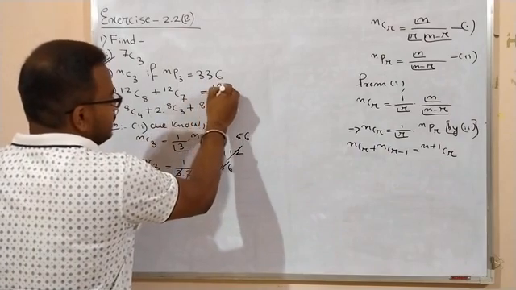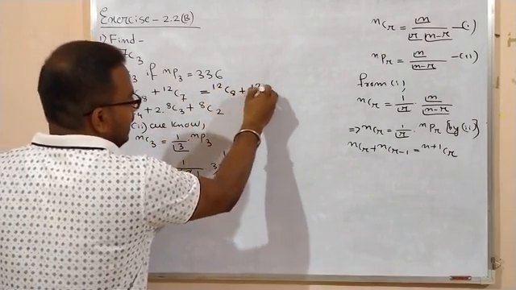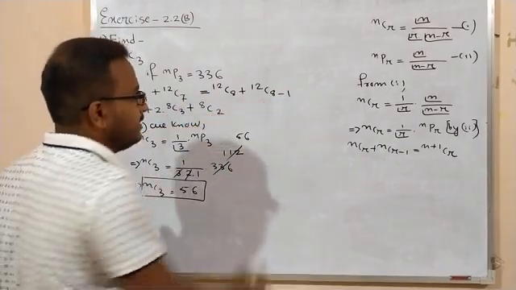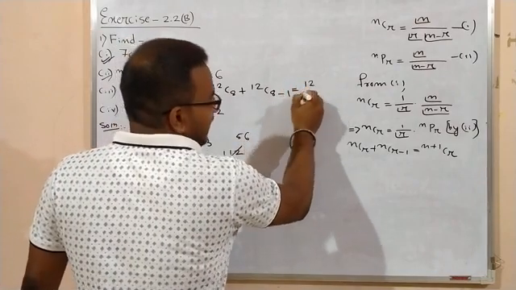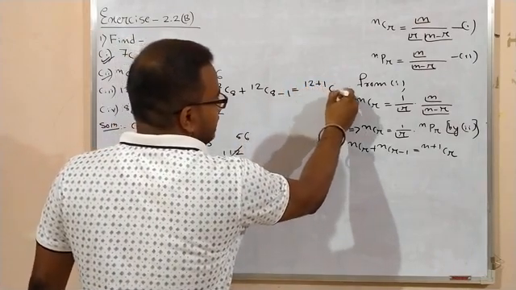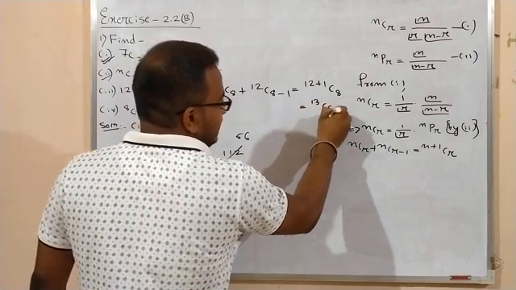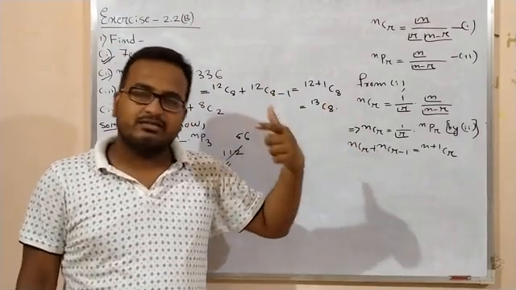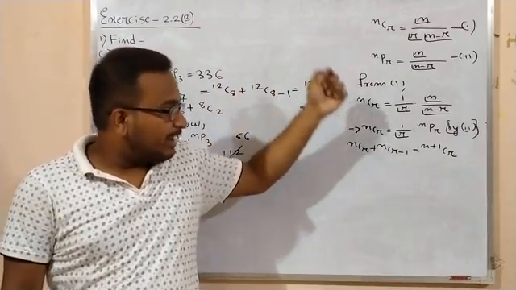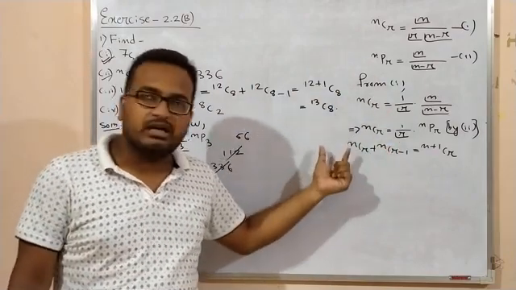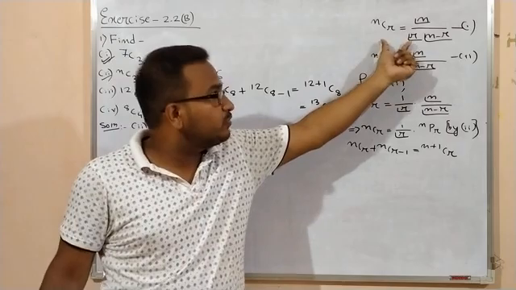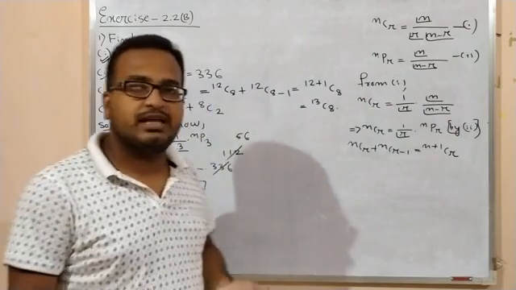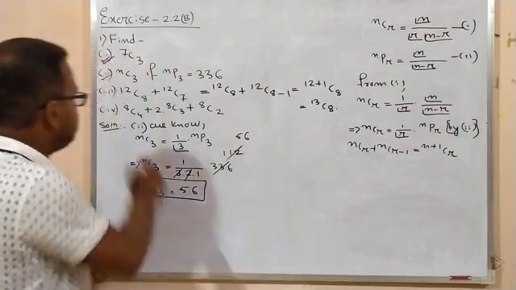You see, this is 12C8 and this is 12C8 minus 1, isn't it? So nCr plus nCr minus 1 can be written as n plus 1 Cr. So this is nothing but 13C8. So this is done. So you can put this here for 1 mark, this is done, you will get 1 mark. But if you are given 2 marks, then you have to do the calculation, and it is easy, just use this formula and put the values of r and n in their respective places and do the calculation, you will get the answer. Okay, so it is done.